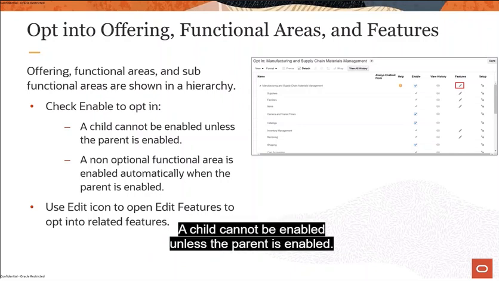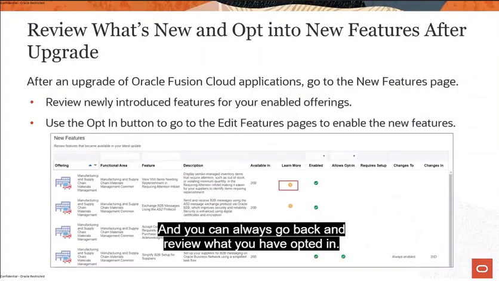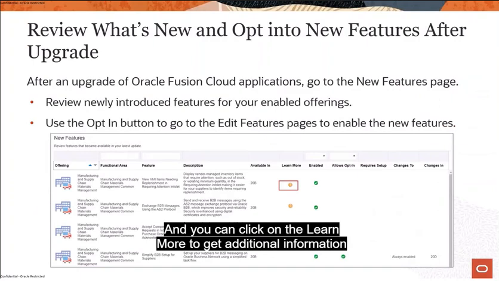A child cannot be enabled unless the parent is enabled. For example, customer invoice processing must be enabled first before you enable collections. And you can also go back and review what you have opted in, and you can click on the Learn More